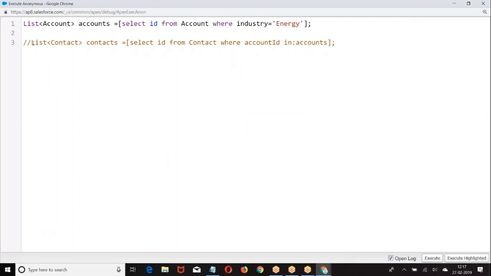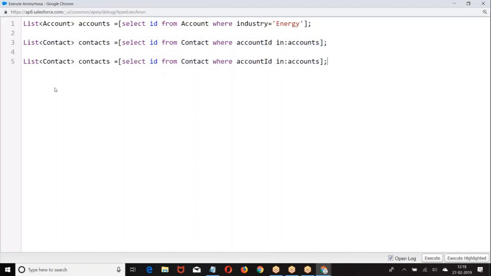The same SQL query, if I write it like this, where ID in, this is what I did.